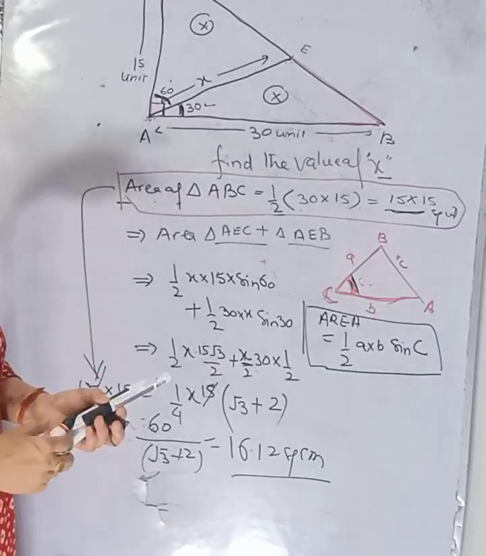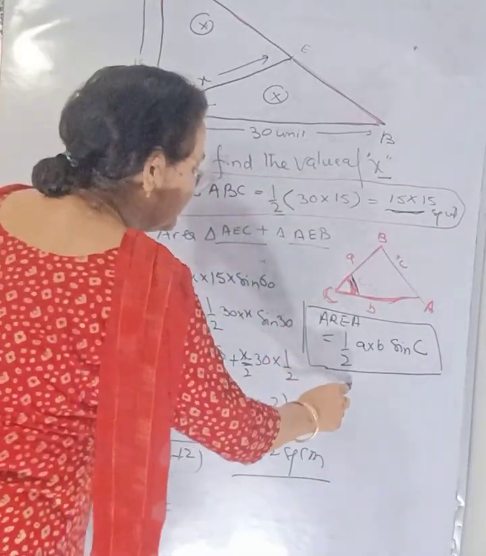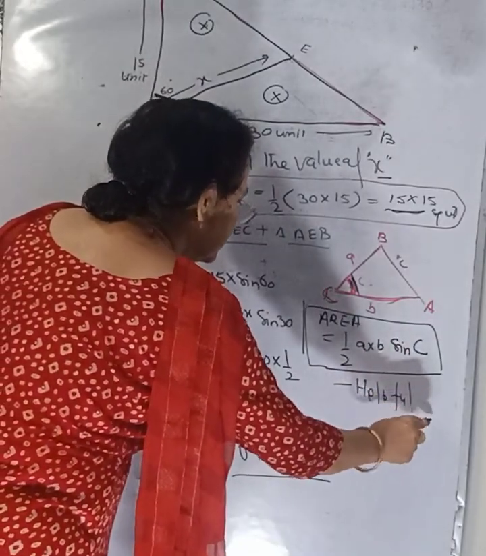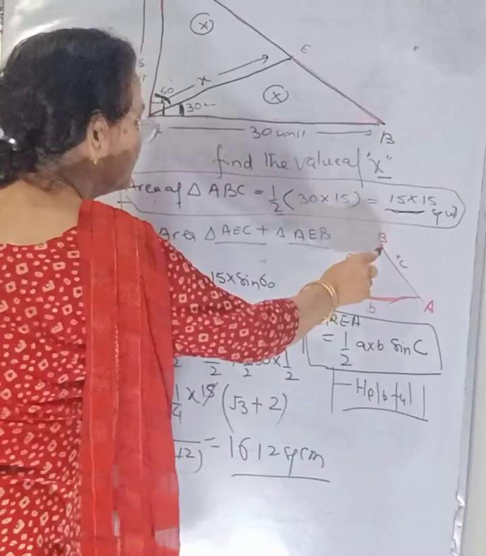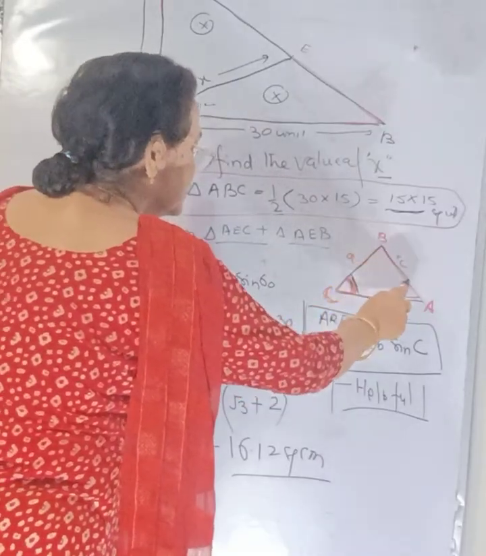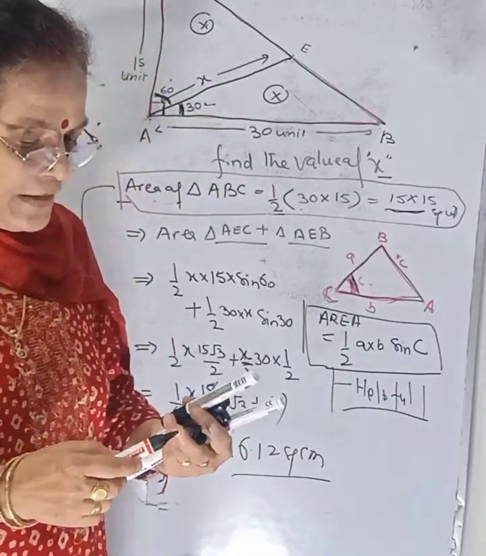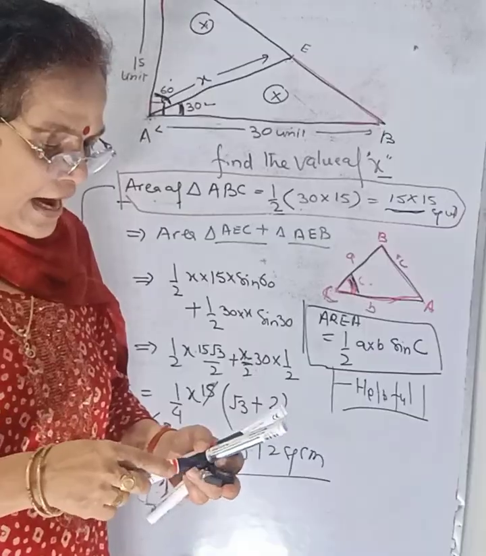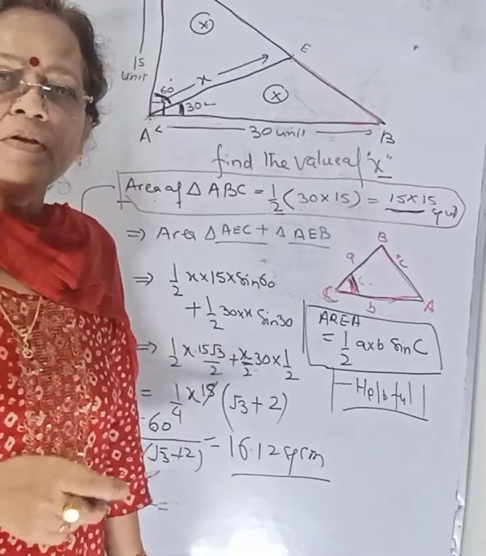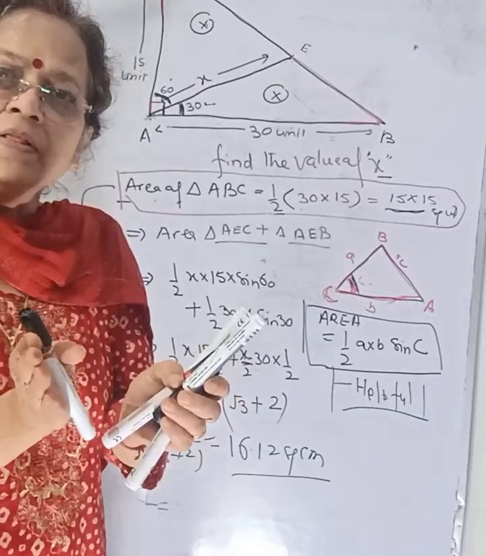This is very important to know. This is very helpful. And please keep in your mind this formula which will be applicable in this problem. The formula is a trigonometric formula. If two sides of a triangle are given to us and the angle between them is known to us, the area of the triangle can be obtained by using 1 by 2 product of the arms into sine of the angle between them.